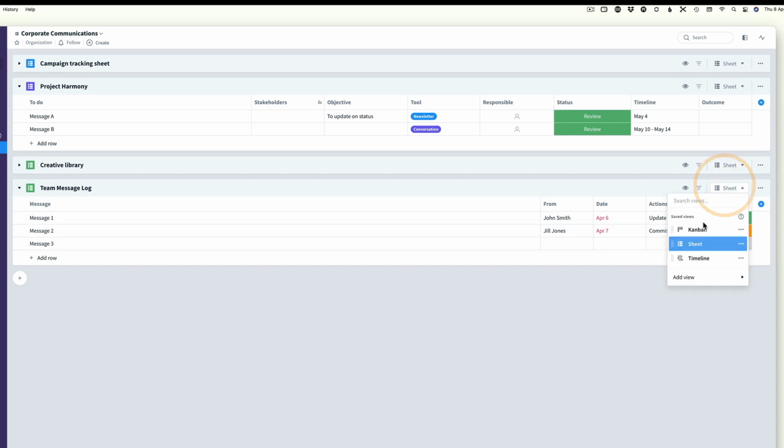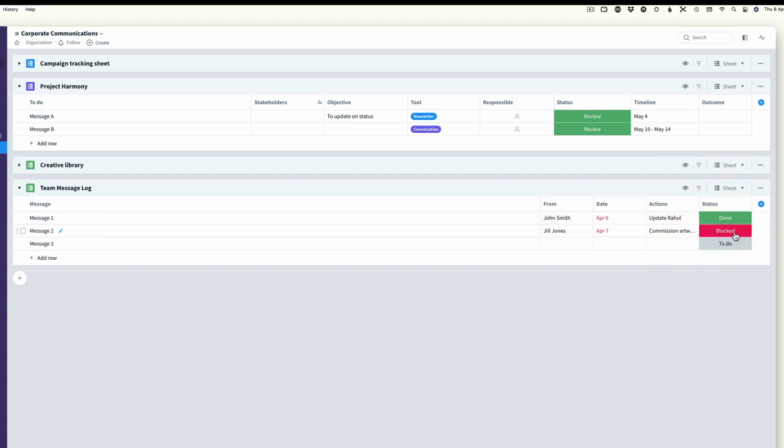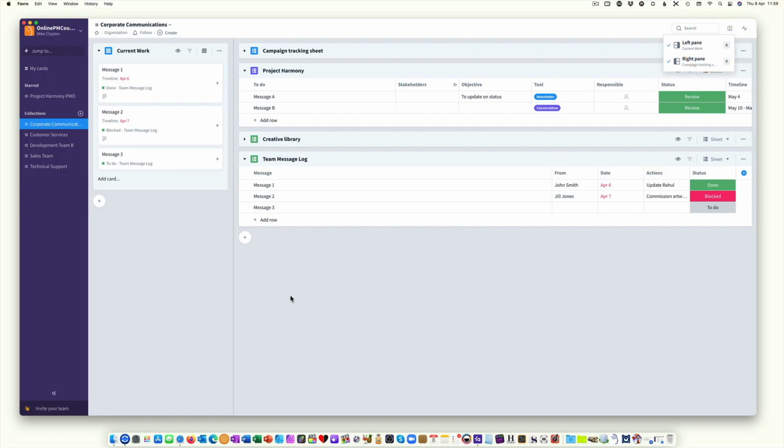And of course, as you'd expect, there's our Kanban board, and as soon as we update message 2 from doing to perhaps blocked, then when we return to our sheet, we can see it's blocked. And you can set the status to be anything you like. So if I customize the status, I can choose whatever labels and as many labels of status as I like, and I can choose different color codes for those status. If we return